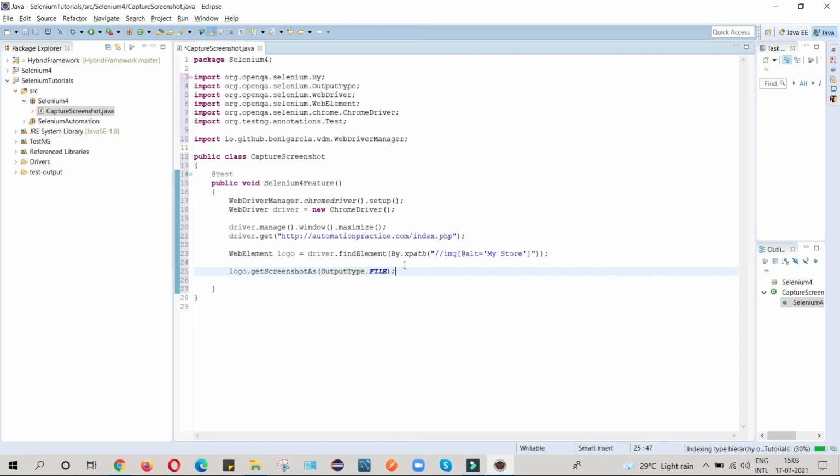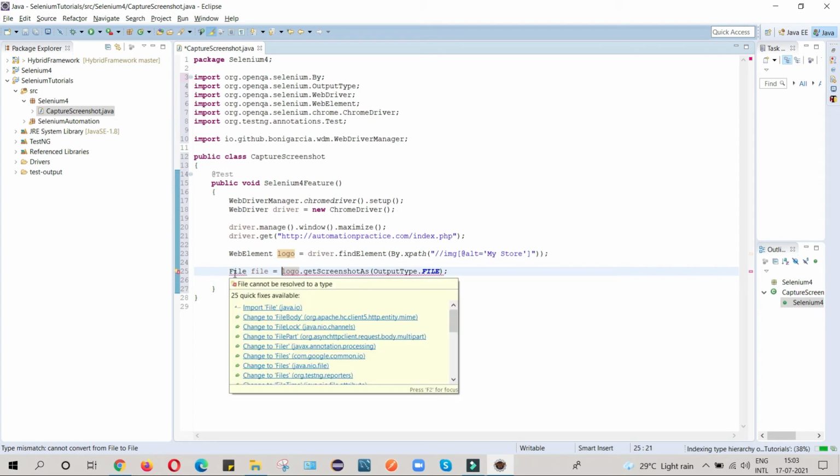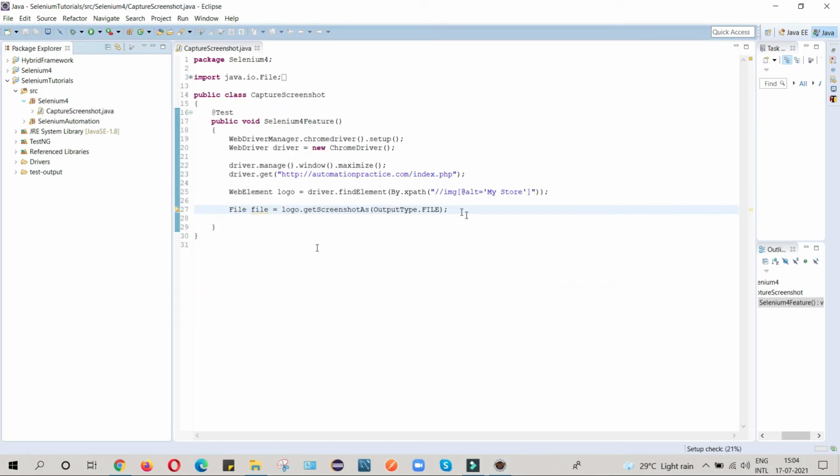And this I will define as a file, because the screenshot which we captured should be displayed as a file. Is there any error? Okay, here I will import File.